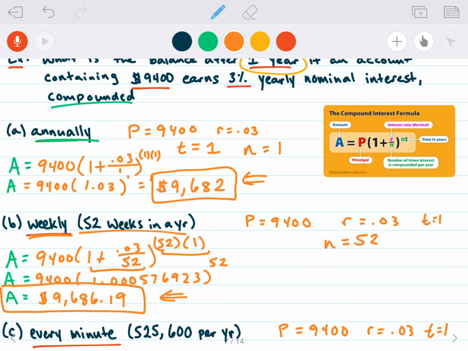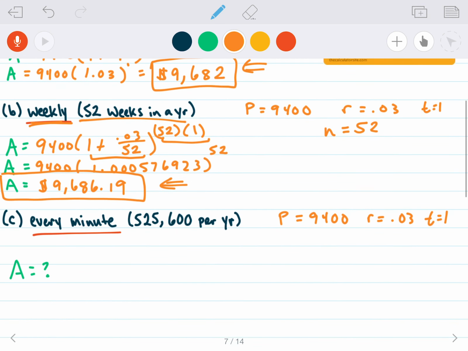Okay, let's take a look at this part C. What if we compound every minute? Well, again, P, the principal balance isn't changing, neither is the interest rate, neither is the time that we leave it in there. But here we're compounding every single minute. So how many times in a year is that? Well, they give us a hint again. They tell us there's